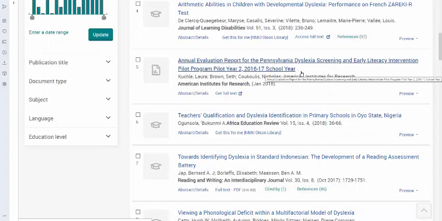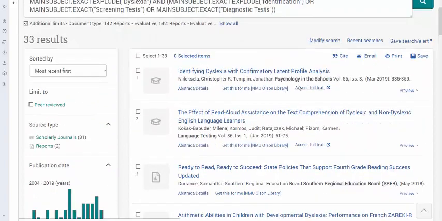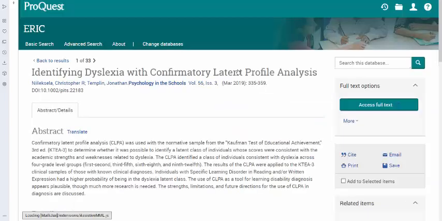So let's take a look at retrieving some of these articles, or if we don't have them, how to go from there. The first one on the list was published in March of 2019, in Psychology in the Schools. I always tell students and faculty, look at more details about the article before you decide whether you're going to request it or retrieve it. So click on the title of the article. It gives me the abstract,